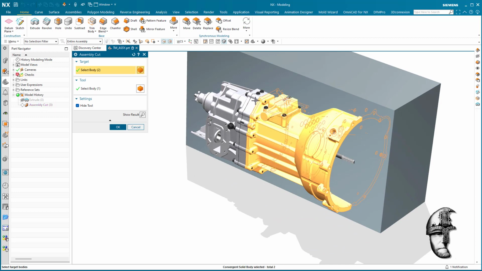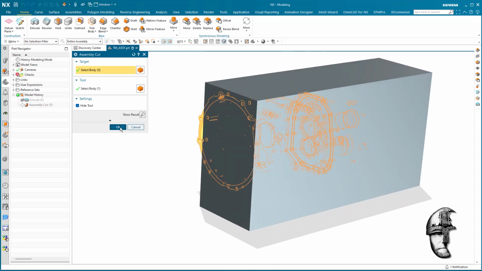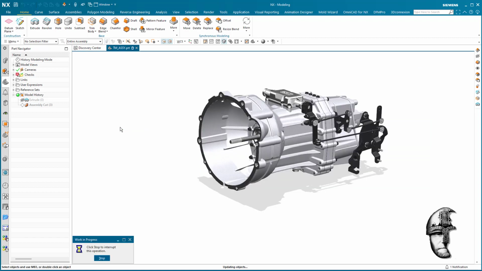That means I can select the rest of the bodies that are across the center plane here, and we say OK to that, and you can see that the assembly cut will actually do this to all these components, meaning I'm now opening up the gearbox in a side view where I have some parts sectioned in the center plane, and some parts like the axes and so on not sectioned, meaning I could easily continue working on them if you like, and that would be one